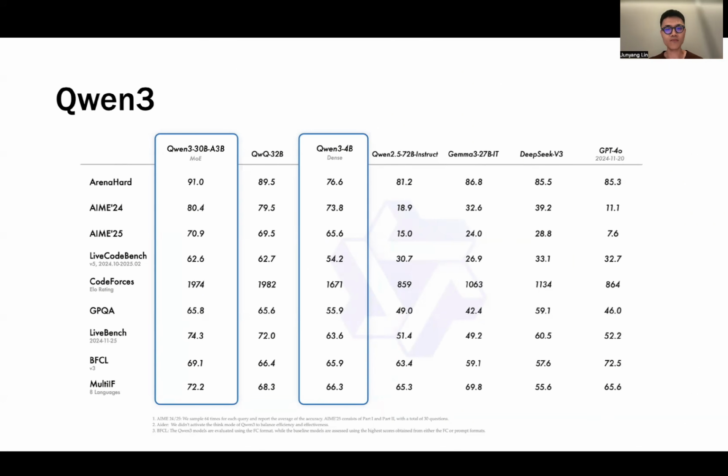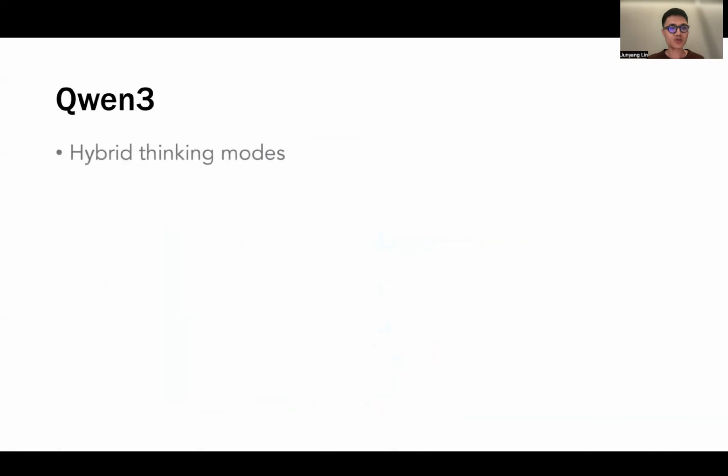Yeah, so it is a really good model, and it is really worth a try for you to play with our 4 billion parameter model. And the 4 billion parameter model, you can even deploy it in mobile devices. Yeah. So for Qwen 3, we have some important features, and the most important feature this time is hybrid